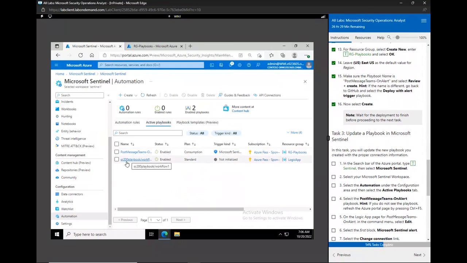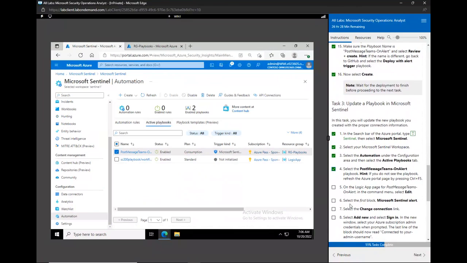Now, I have two already. The SC200 playbook that I just created for a test like 20 minutes ago, and the other is the post message. So select the post message. If you do not see the playbook, refresh the Azure portal until we can see it. On the Logic App page for post message Teams on alert,